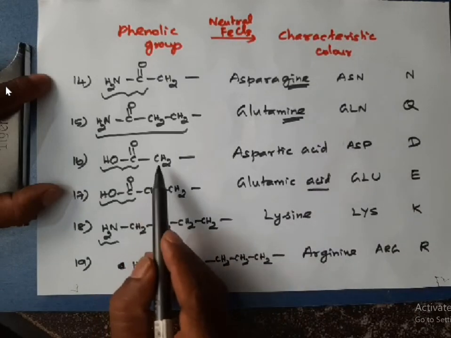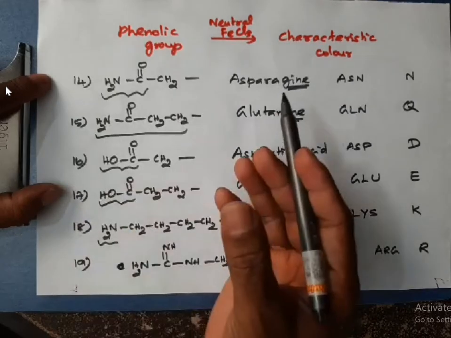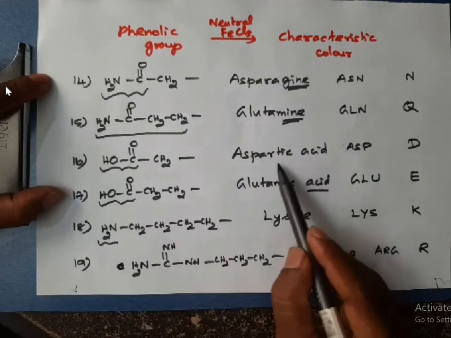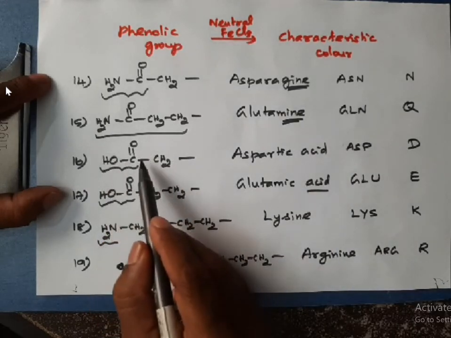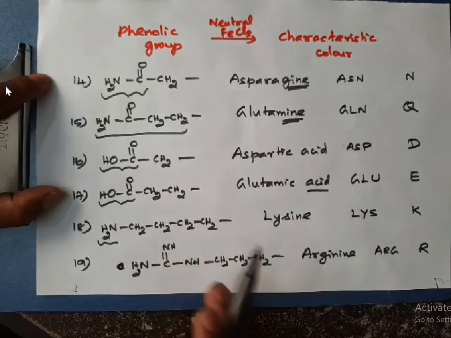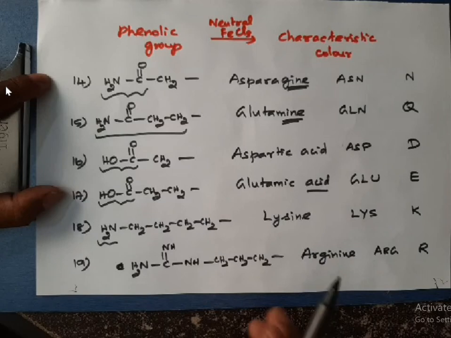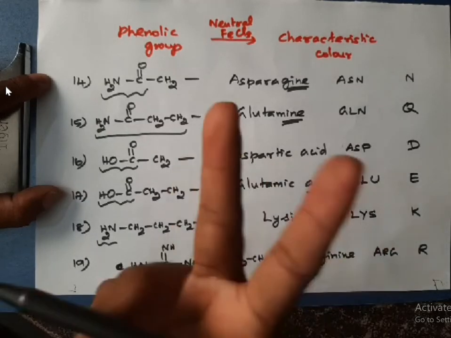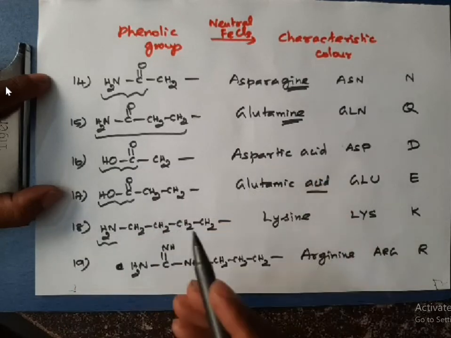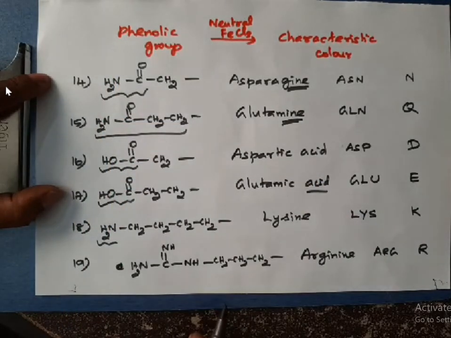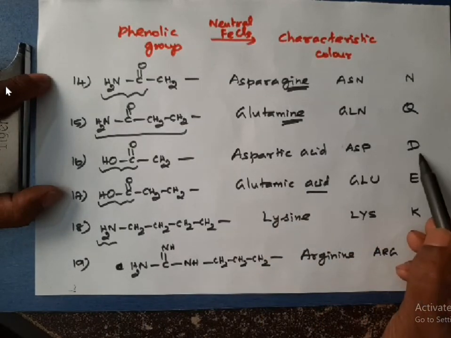If we have a CH2COOH group, a carboxylic acid group, as the R group, we'll get an amino acid called aspartic acid. Remember, this group acts as the R group. This is attached to the alpha carbon of the amino acid. That alpha carbon already contains one acid group. Therefore, aspartic acid contains two carboxylic acid groups. So this compound is a little bit more acidic compared to other amino acids. This is aspartic acid. The abbreviation is ASP, symbol is D.